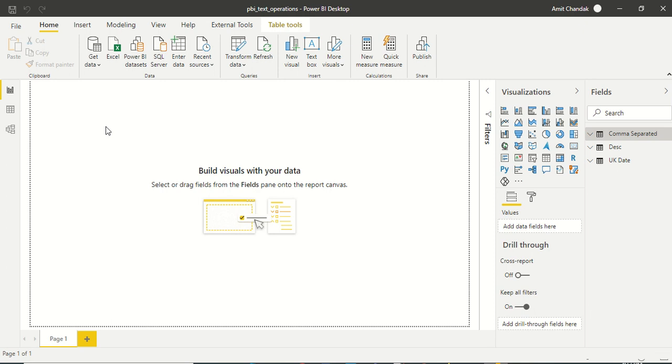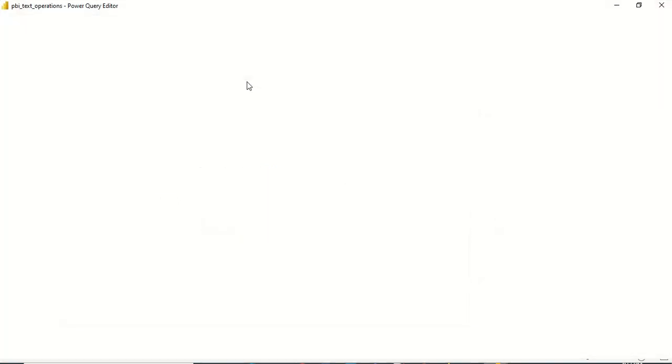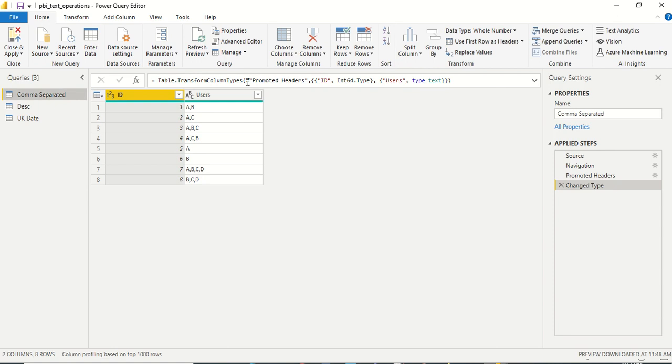We are continuing our tutorial series, and in today's tutorial we are going to discuss one more Power Query functionality, that is how can we replace certain values. To do that, we have to go to Transform Data. Under Transform Data, that will open Power Query or edit query mode.